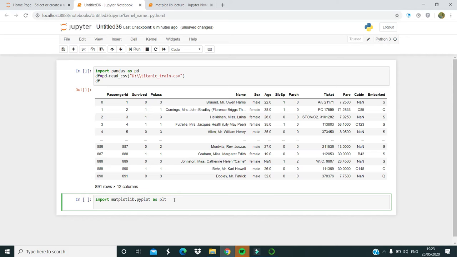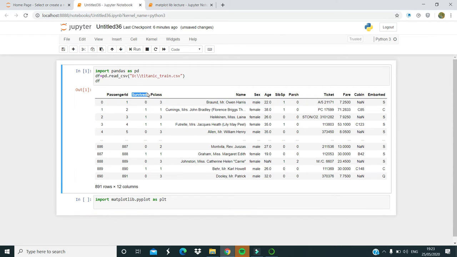Now let's say I want to plot how many people survived and how many people died. We want to see that. It's very difficult. In my Survived column, I can see 0. 0 indicates the person died, and 1 indicates the person is alive.